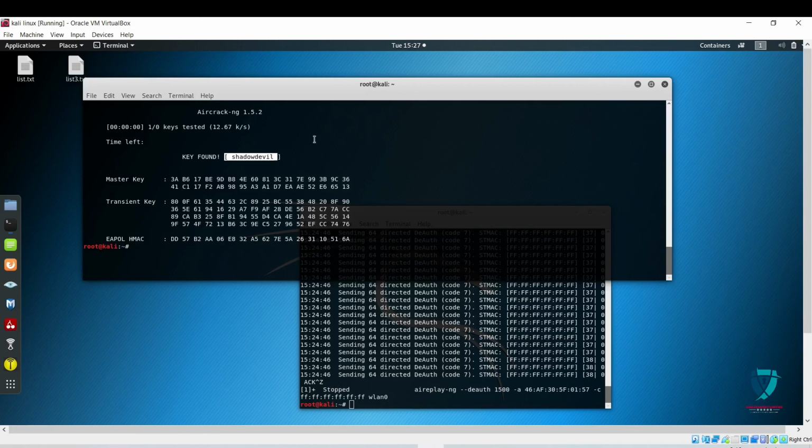So we are done with Wi-Fi hacking, and in the next videos we will see different tools with which we can hack into Wi-Fi easily using a GUI. This is a total command-based tool, right? Aircrack is command-based, and we need to remember the commands. So in the next video we will discuss and see the tutorial of the GUI tools.